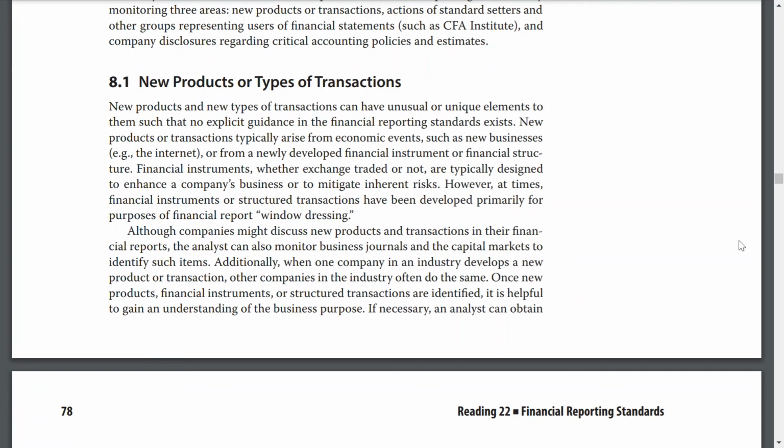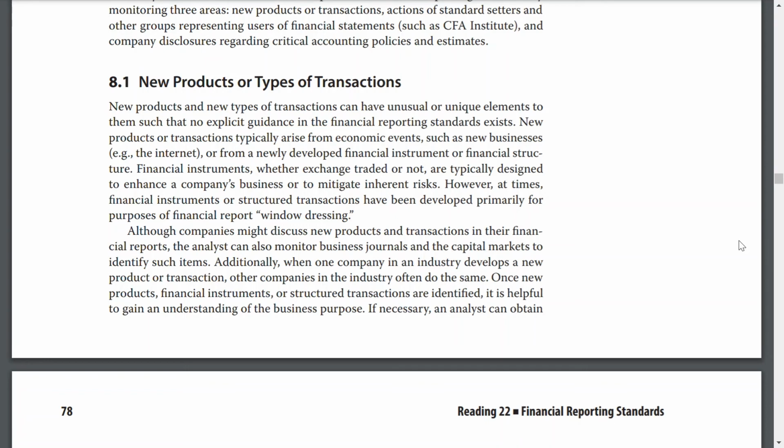Financial instruments, whether exchange traded or not, are typically designed to enhance a company's business or mitigate inherent risk. However, at times, financial instruments or structured transactions have been developed primarily for purposes of financial reporting, window dressing. Although companies might discuss new projects and transactions in the financial reports, the analyst could also monitor business journals and capital markets